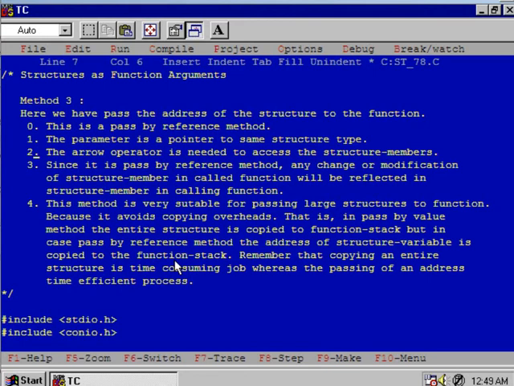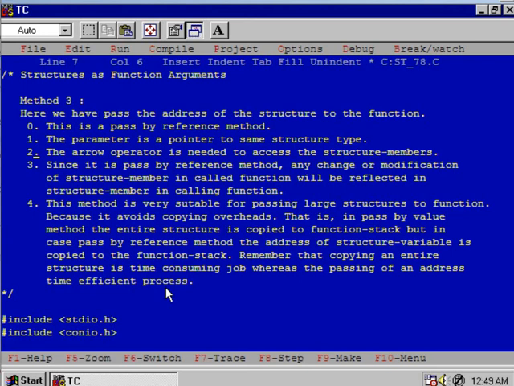But in case of pass by reference method, only the address is copied to the function stack, and that is why overhead has drastically reduced, because here we are sending only one value, and in case of pass by value we'll have to copy the entire structure. Is it clear? Remember that copying an entire structure is a time consuming job, whereas passing of an address is a time efficient process.